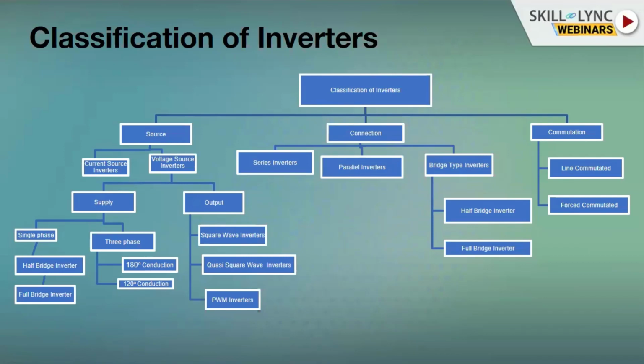Since the input is DC, there is no possibility in some cases to obtain a zero current, because there is no variation in the supply there. Constant DC means the voltage is constant over there. So there is no zero crossing. So you will have to forcefully turn off the switches. You have separate techniques for it, separate circuits which have to be introduced to forcefully switch off the switches. That comes under forced commutation. So these are the major classifications of inverters, depending on the source, depending on the connections, and depending on the commutation.